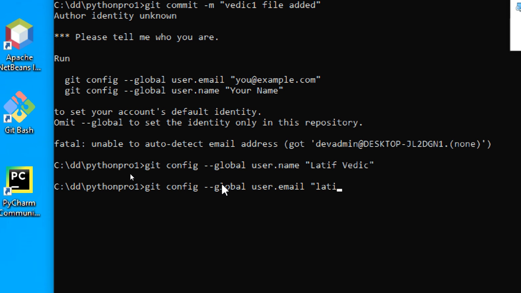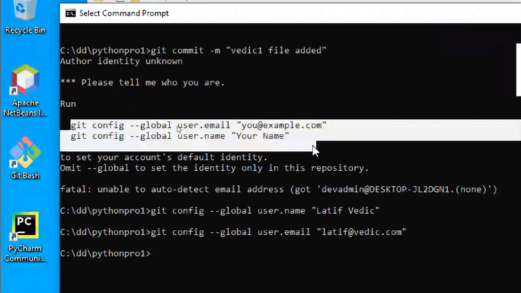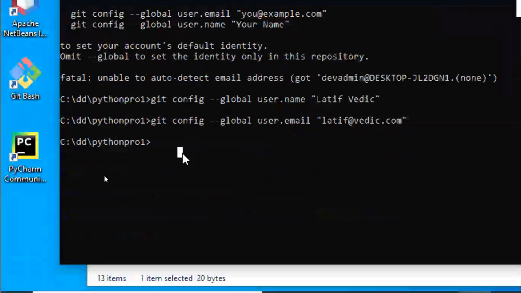Next one is the mail ID, like Latif at the rate Vedic.com. It won't verify any mails. You just have to give a name to identify yourself. Now done. So two global variables, and that part is done.